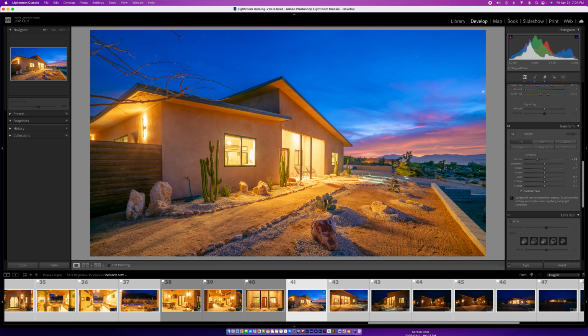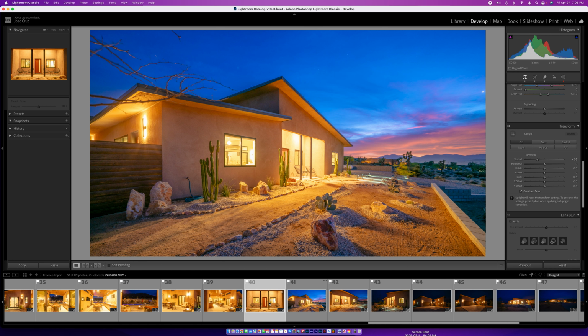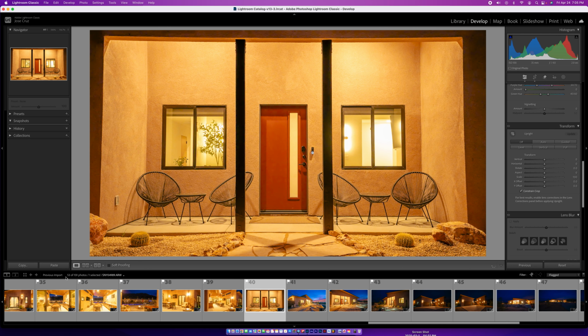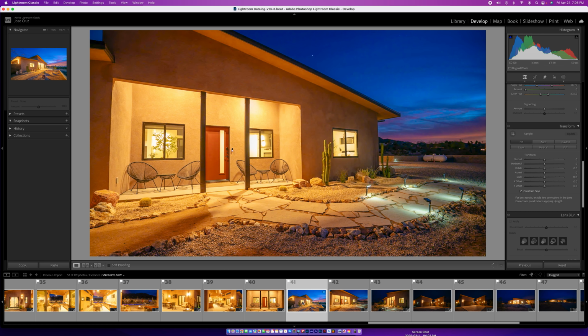Once everything is edited here, it's the same process one by one. Obviously you've got 40 or 53 photos, so this took me about maybe 2 to 3 minutes per photo. So just do the math there. It'll be about an hour to edit all those. But once you're done,